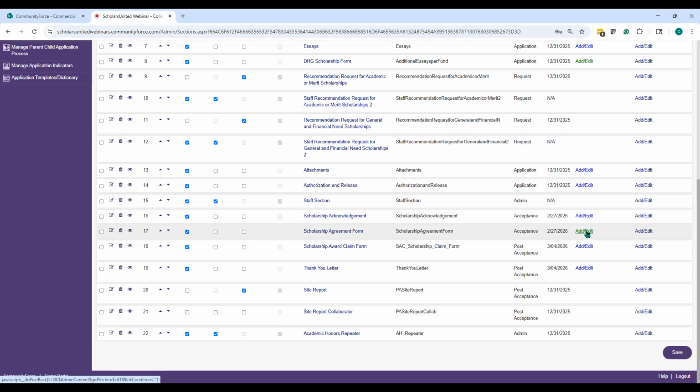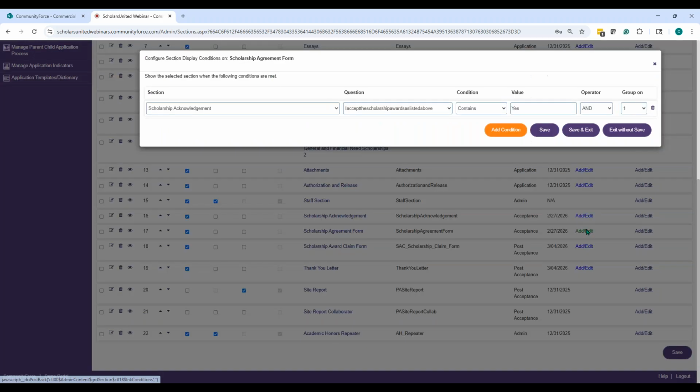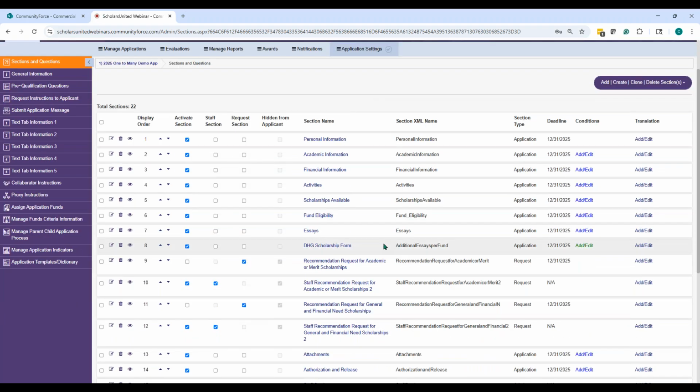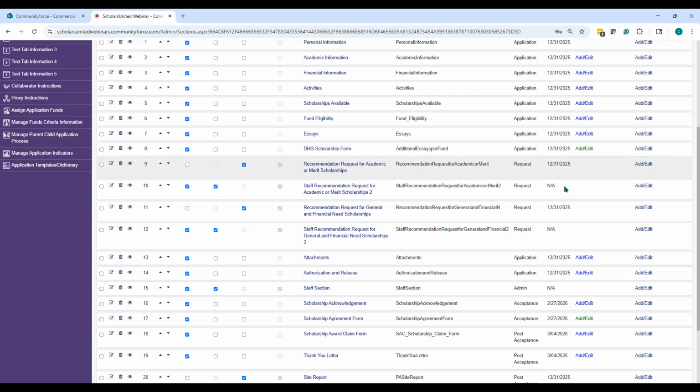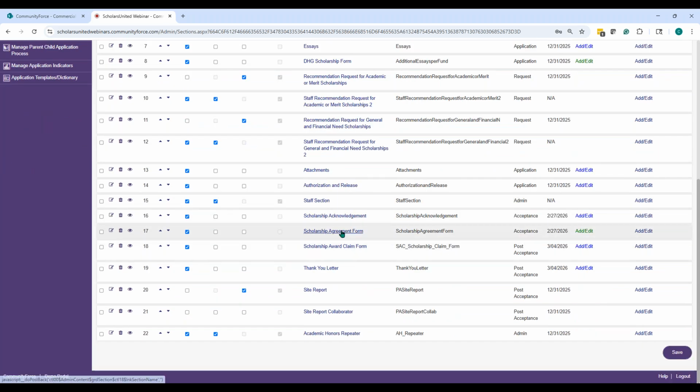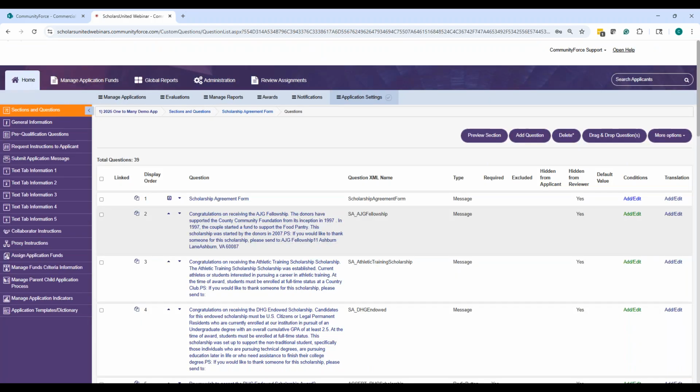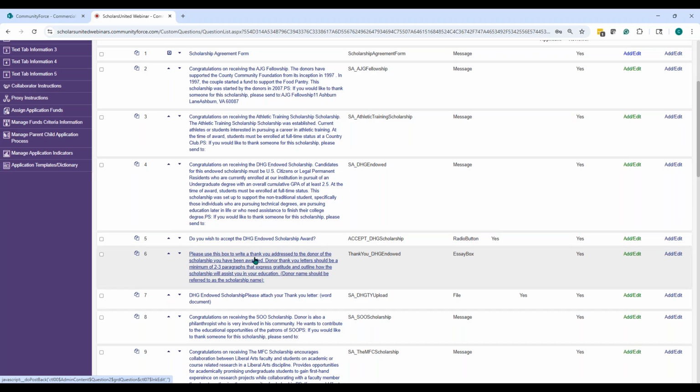So you're going to notice over here, I have a logic set so that in this section, when they answer that question that they accept, I have it in a separate section, because as soon as they save the section, that's the trigger that causes it to happen. This section right here is then going to appear. And so now they finish this, and now boom, this one's on their dashboard. It's set up as an acceptance so that as soon as they answer that question and save that section, this one's on their dashboard. And then this is where I create all of the different agreements.